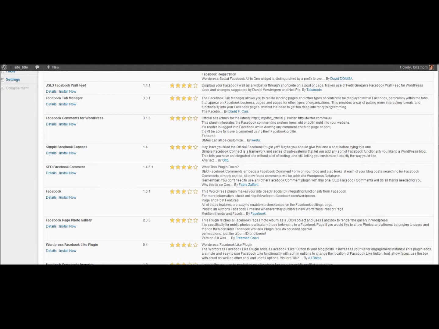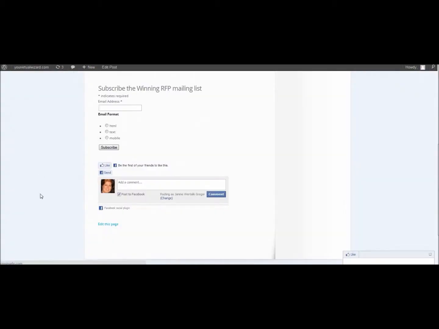I'm going to show you today how to add a particular WordPress plugin for Facebook onto your website or your blog. This is a social plugin for Facebook. It allows people who have Facebook pages to leave a comment on your blog. It also then posts to their Facebook page, and it also has options for a like, a send, and a recommend button. So this is called Facebook